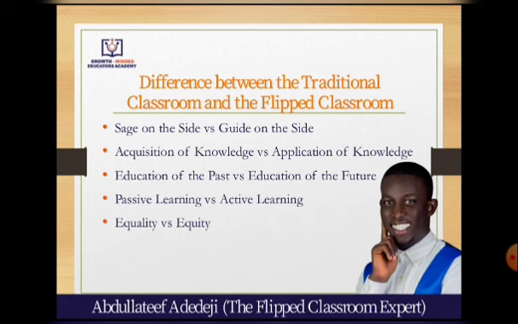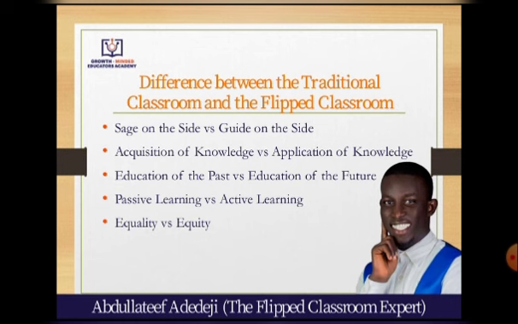Now, differences between the traditional classroom and the flipped classroom. The first one is sage on the stage versus guide on the side. Sage on the stage and guide on the side. And what that simply means is that